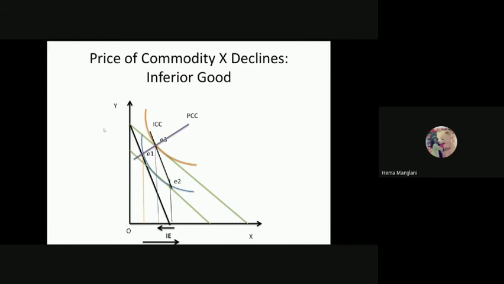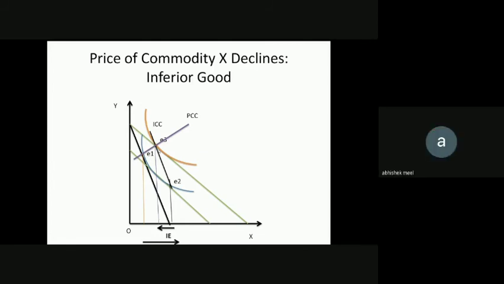That is why my demand curve for this commodity X is downward sloping, not upward sloping. This point lies somewhere between E1 and E2. If it were going leftward or backward, then we could consider it an upward sloping curve. But in this case, because it is just a middle point between E1 and E2, we always consider the demand curve a downward sloping curve.